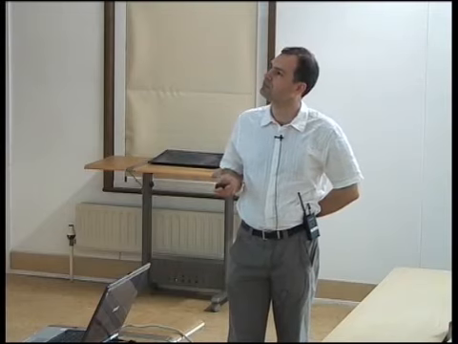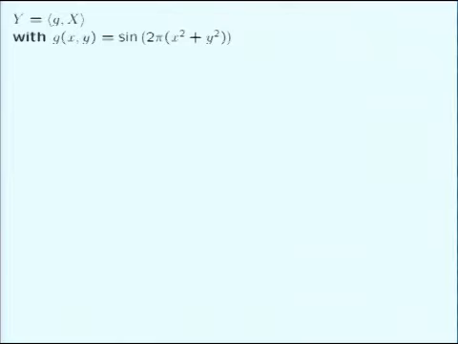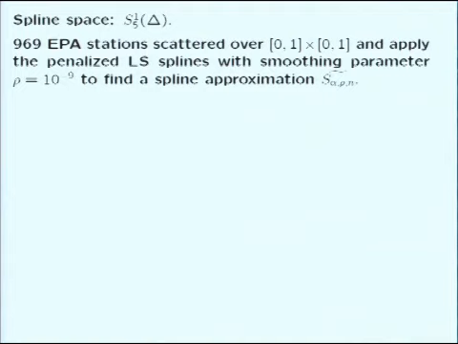So here, this is the functional model, G(X), and G is this function. We took a sinusoid over this domain. We used S15, so again, this satisfies the initial property that I talked about at the beginning between the degree of smoothness and the degree of the polynomials. This was optimized by hand, really. We could have done cross-validation, but we didn't. And there are 969 stations,